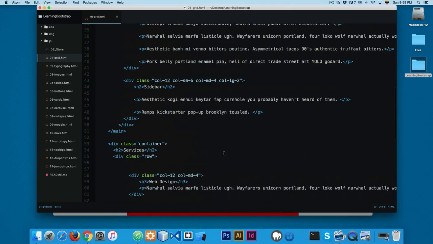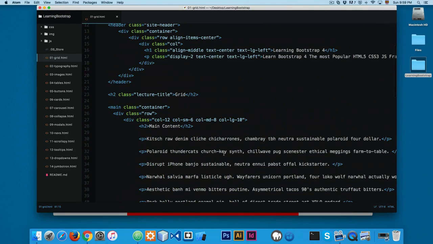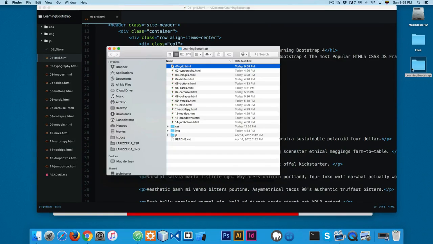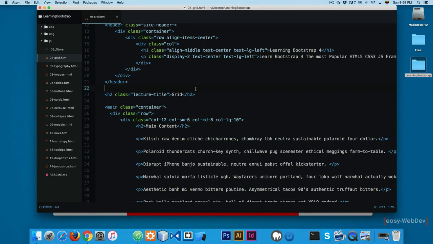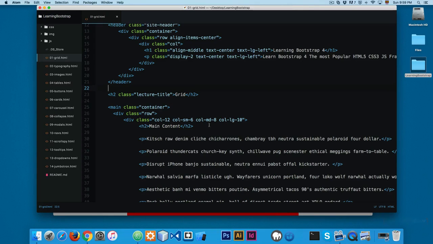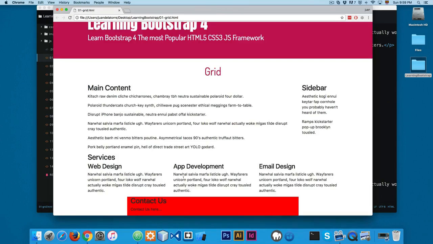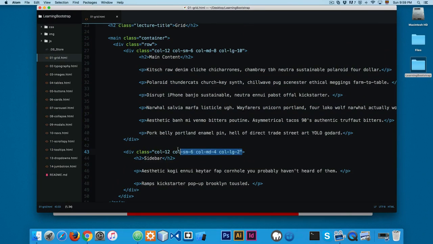And of course, I don't pretend that you memorize everything here. The idea behind these files is that, at the end, you have some code that you can compare for future projects, a code that you can reuse for future projects, or that you can check multiple times. So now you can see that we have the grid, and this was really easy because we added only classes. We didn't have to add any CSS,